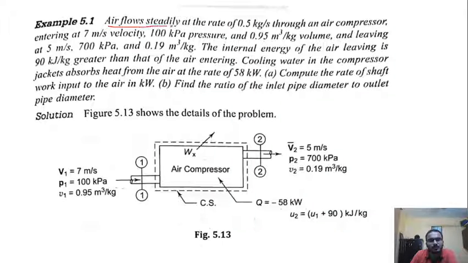Air flows steadily at the rate of 0.5 kg per second through an air compressor. So we are having this air compressor arrangement where the mass flow rate is given as 0.5 kg per second, and it is entering at 7 meter per second velocity, that is shown over here, at 100 kPa, that is kilopascal, and the specific volume is given as 0.95. So we are given some initial values,